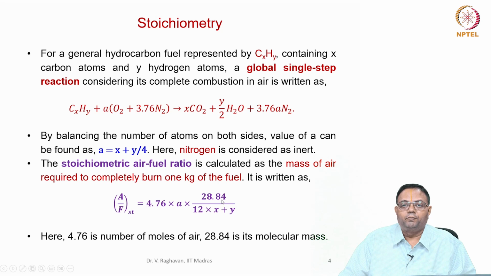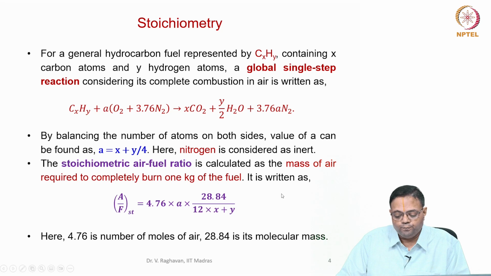This can be found from the mole fraction of oxygen into its molecular weight plus the mole fraction of nitrogen into its molecular weight, that is 0.21 into 32 plus 0.79 into 28, which gives 28.84. So, 4.76 A into 28.84 is the mass of the air required to completely burn